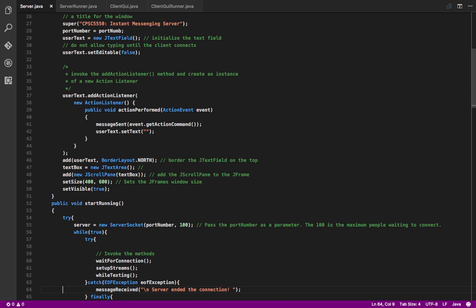And I've created a few other methods I got to get to. Wait for connection, set up streams, and while texting. All right, and these are going to happen while it's true. So we're going to try these, and if they're working, then they're working. If not, we got to catch an exception. We're going to throw an EOF exception, just end of file exception, and when that is the case,